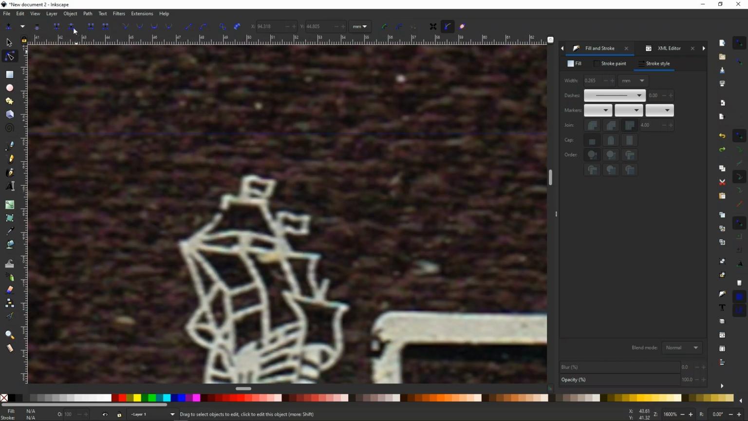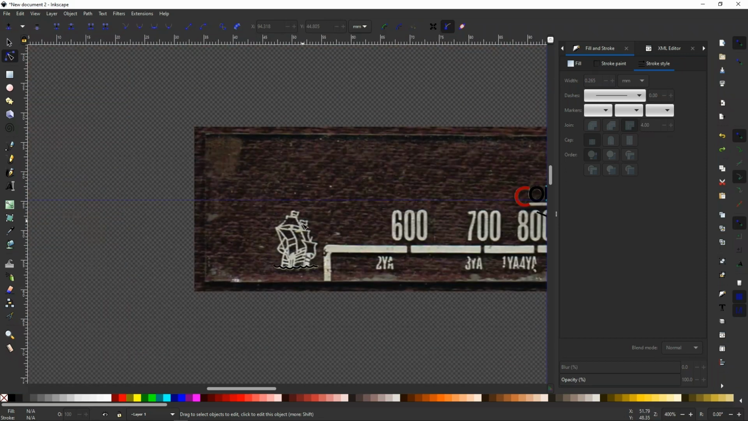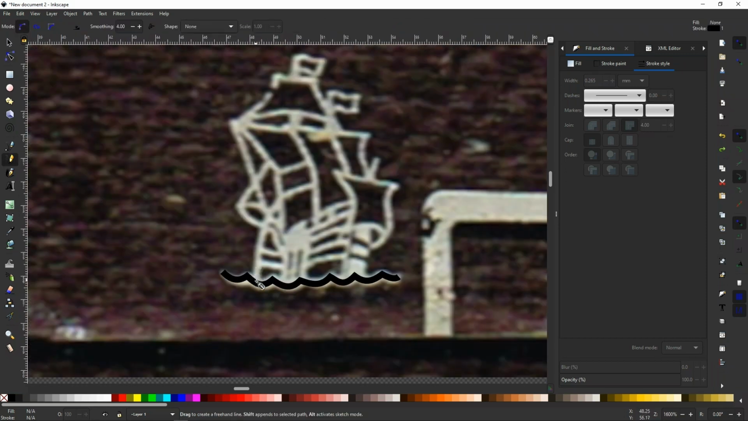So you've got those tools. Remember, you've got the join selected end nodes so that you can join things together. Let's just go through, and if you've got a nice continual curve like this, there's a slight bend in it here, so I'm going to put